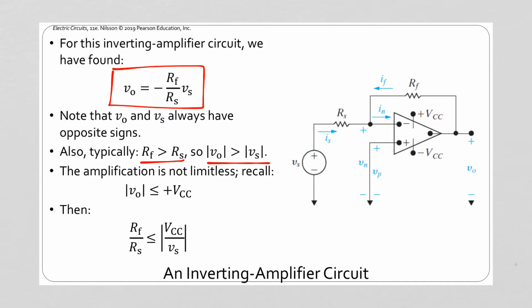But we can't just make these two resistors whatever value we want. We can't make them bigger and bigger and bigger so that the output voltage becomes infinitely large, because remember, this whole op-amp is functioning because it has these two biasing voltages connected to it, and the output voltage has to end up being between those two biasing voltages. And so if the output voltage has to be between these two supply voltages, if we take the absolute value of all of those, the absolute value of our output voltage has to be less than the positive supply voltage. But we have an equation for V out. We have an equation right here, and essentially